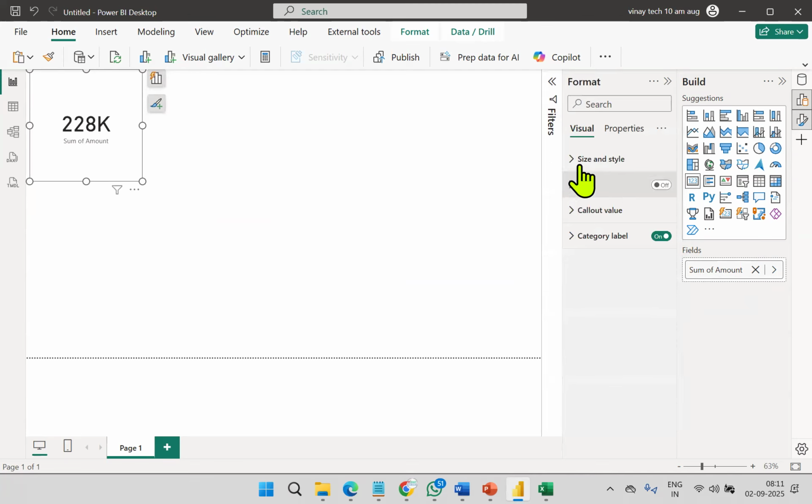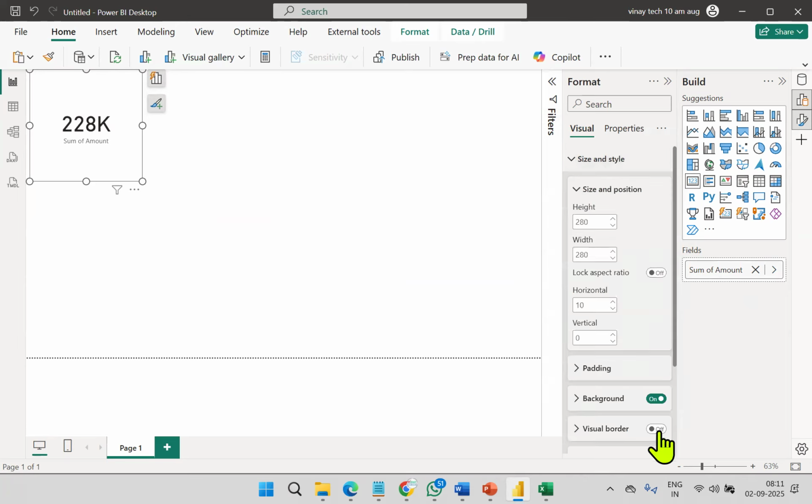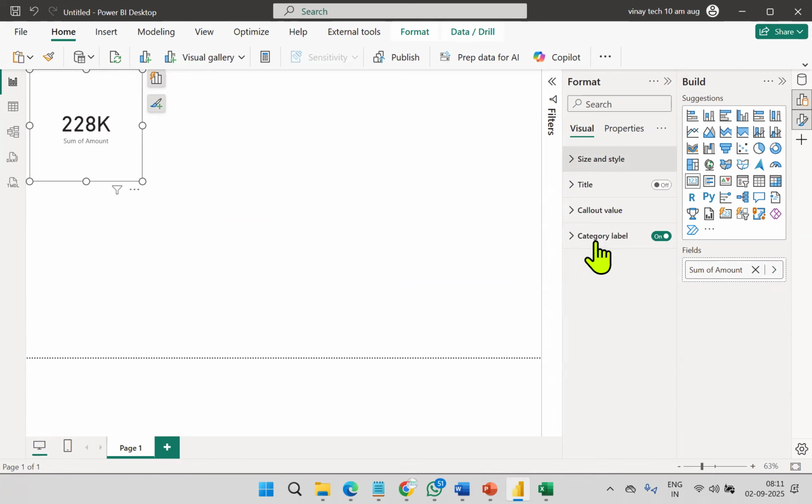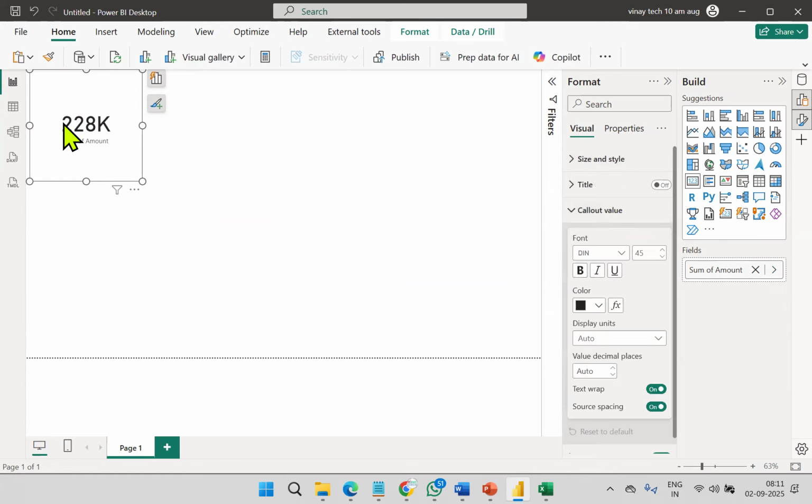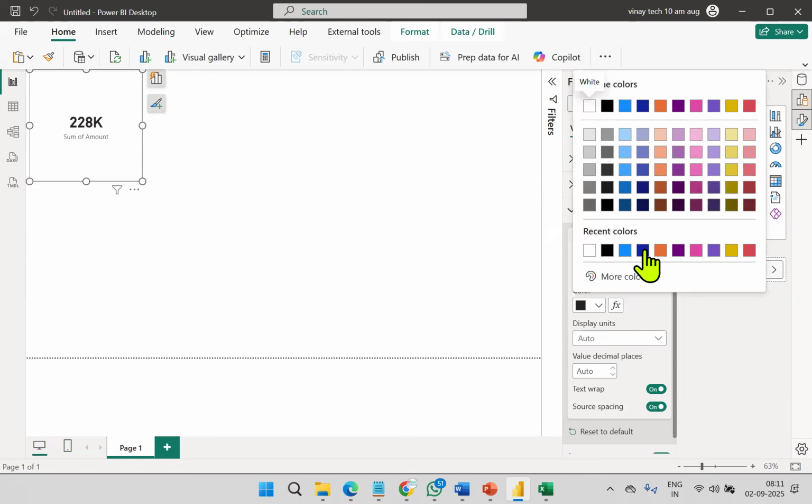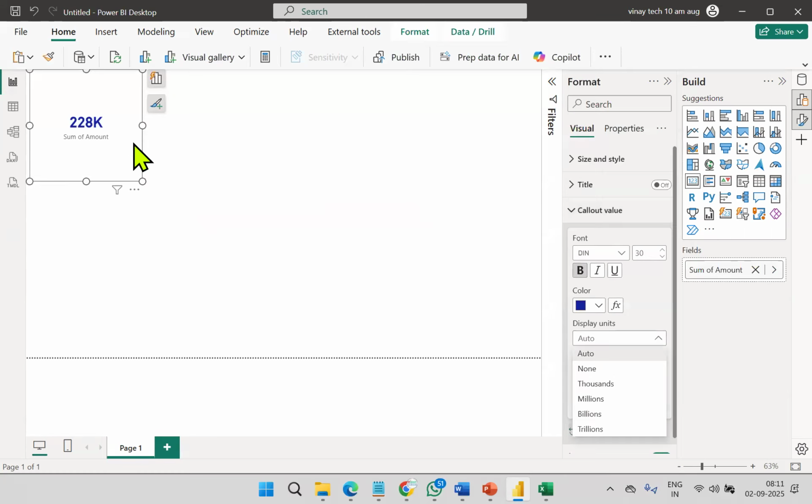First go to size and style, visual border I'm taking, border ready. Callout value, this is called callout value, category label. So callout value, I will take bold and size 30 and the color is blue color. And display unit, it's showing thousands and I want to take none. None means normal value. Callout value, 30 and normal value.